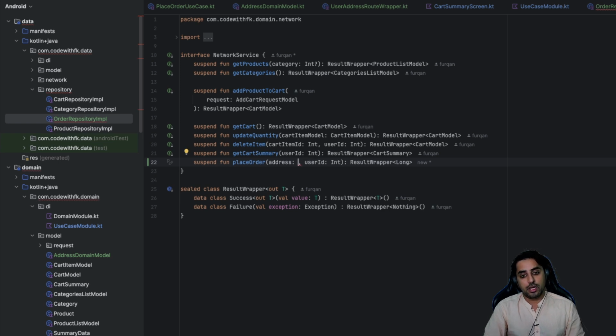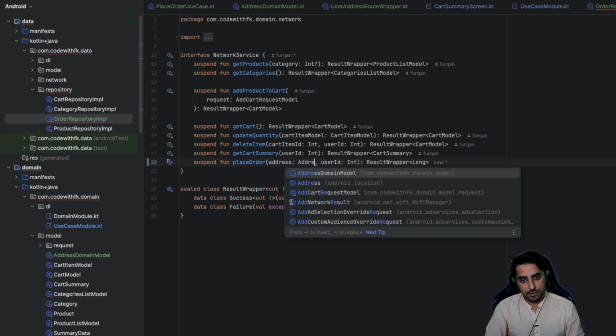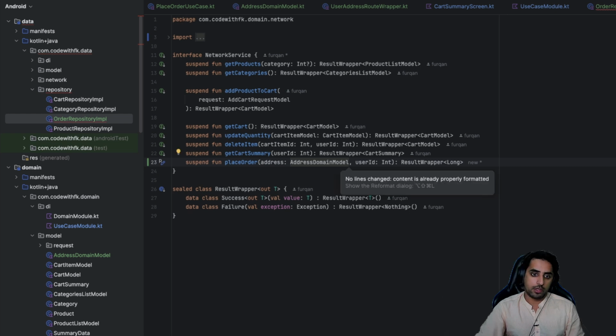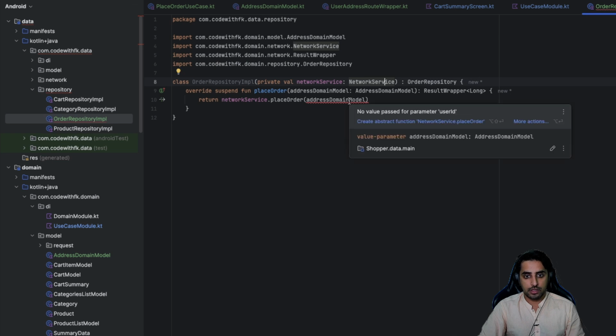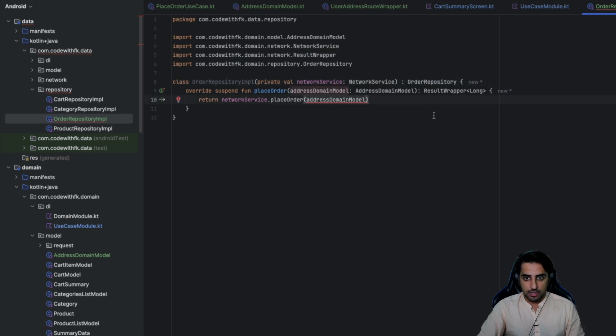It should take address as, basically it's going to be user address domain model. Okay, that's one thing. Now that is done. Okay, and over here inside this section now you can see that it's asking me for